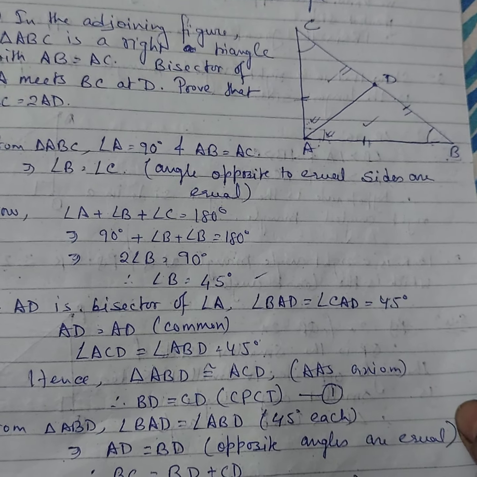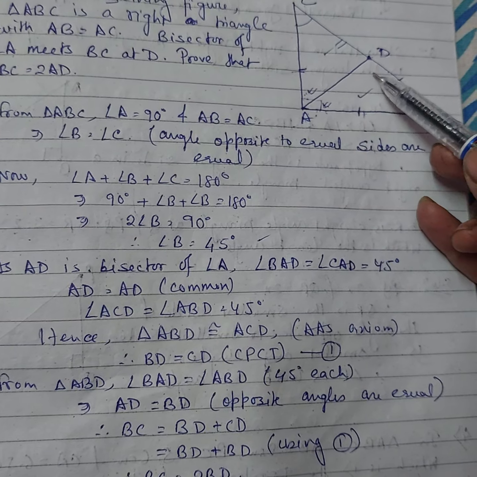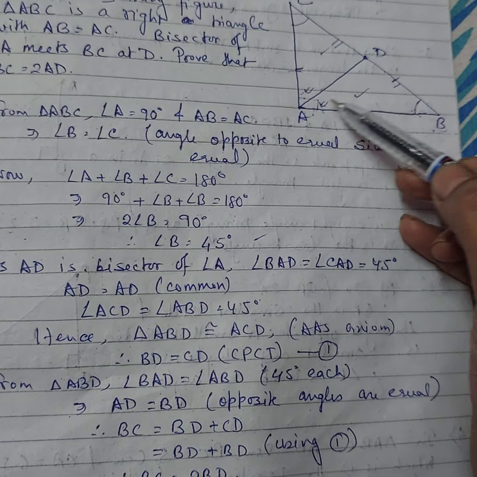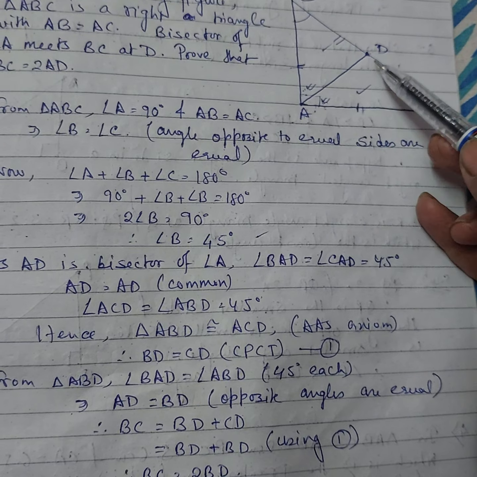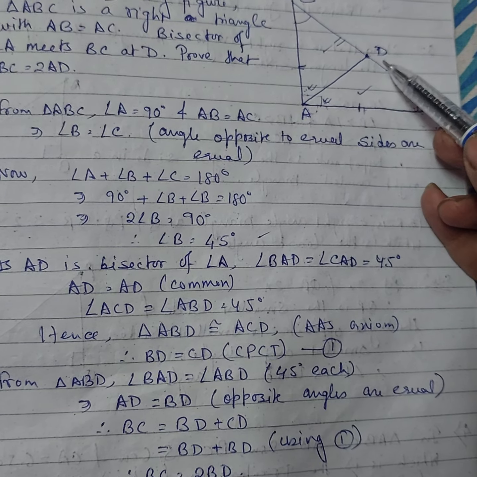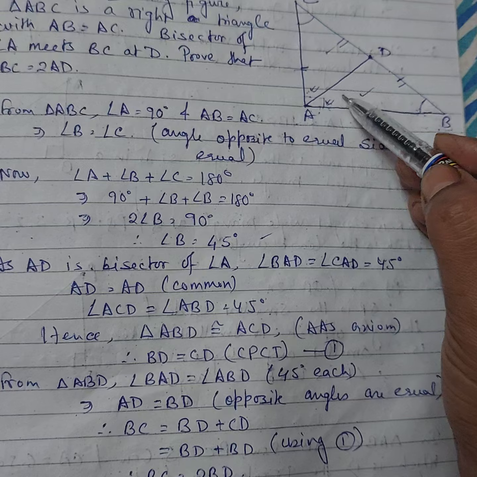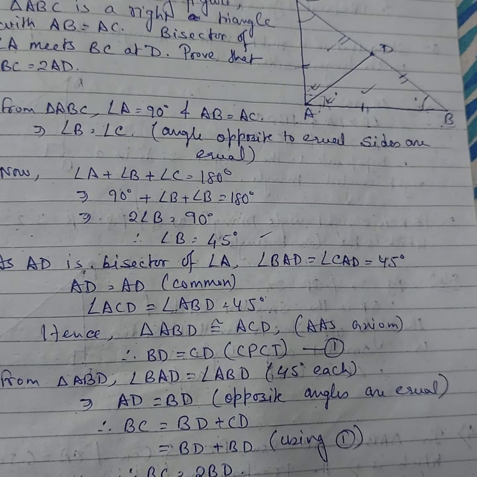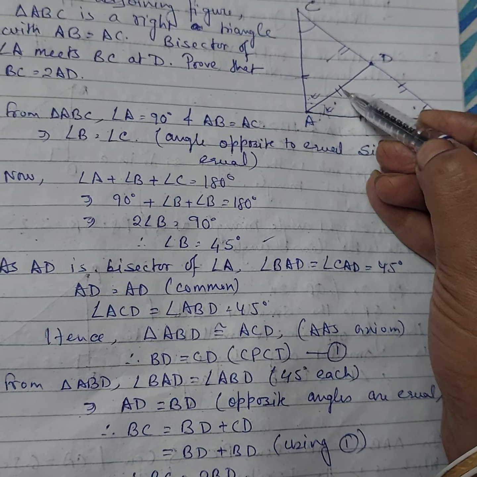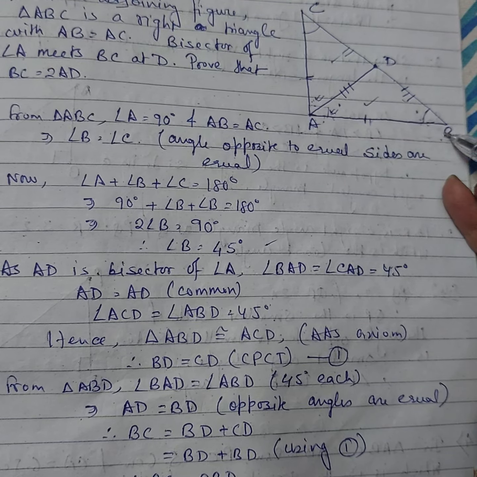Okay, again from triangle ABD, we can conclude that since these two angles, DBA and BAD, whatever it is, that means this angle and this angle, are 45 degrees, that means side AD should be equal to side BD. Okay,